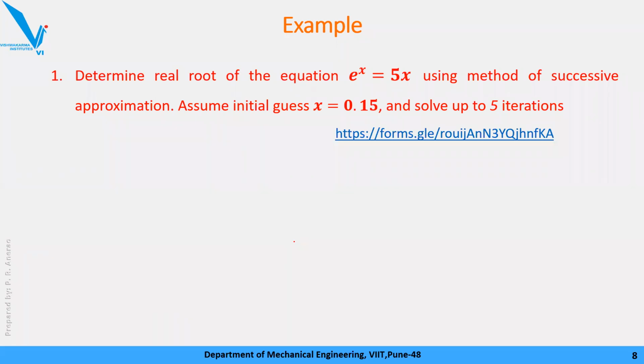Okay, next, when initial guess is given, do we have to check for convergence? No, I have told you earlier in the previous lecture, if the initial guess is directly given in the problem statement, do not check for convergence. If this question comes in real life, आपका engineering खत्म होने के बाद अगर आया ऐसा कुछ question, at that time check for convergence. Okay, but as a student, अगर मैंने दिया आपको कि भाई x का वैल्यू 0.15 ले, do not check for convergence, directly use as it is. Otherwise you are just wasting your time.